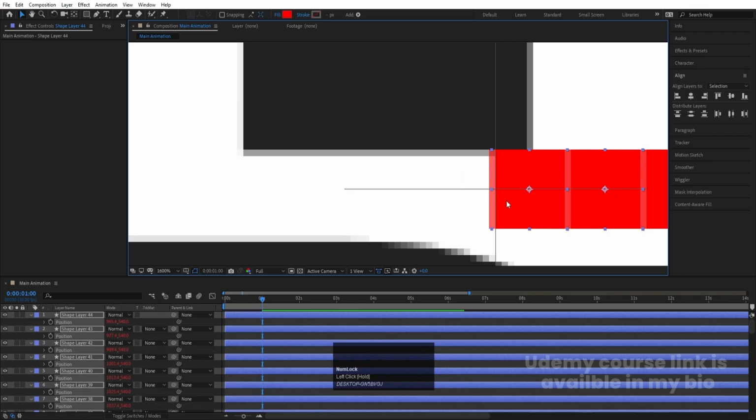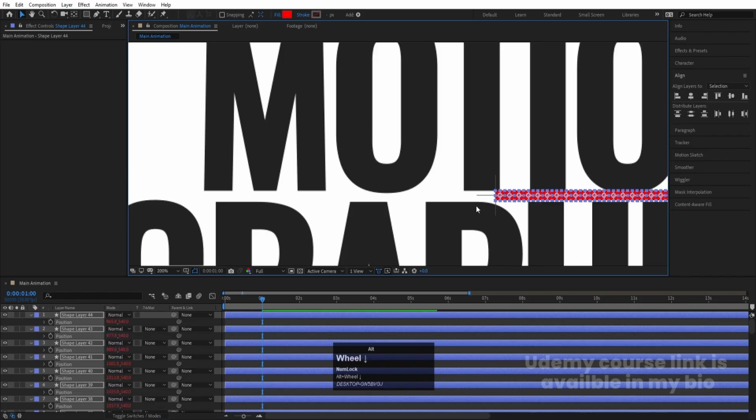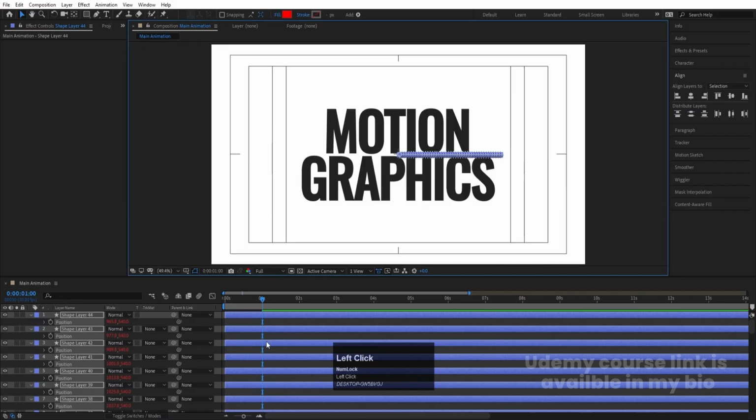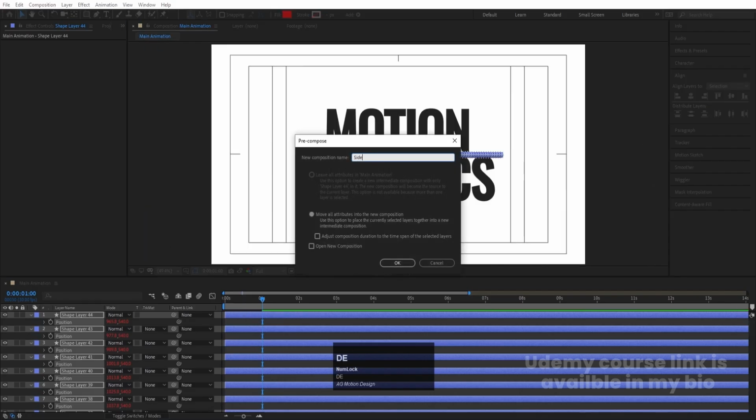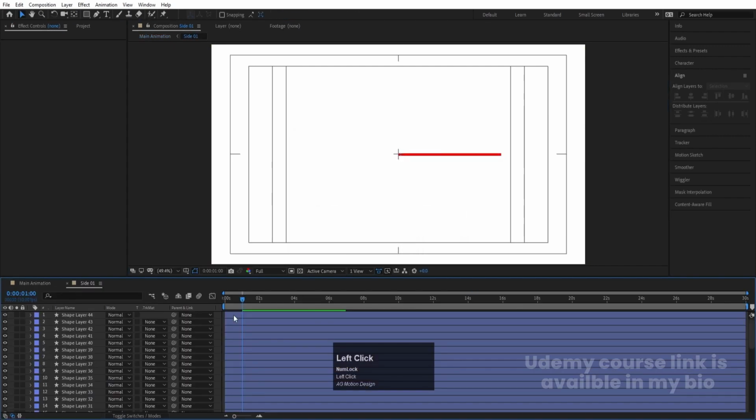Make sure that this point is touching over here. Okay, it's touching over here, so let's keep it as it is, and let's make this fit. Now press Ctrl Shift C and let's call it side 01. Then go inside this, and now I need them to be animated one by one. So what we can do over here, simply hit the Page Down button 1 or 2 times,